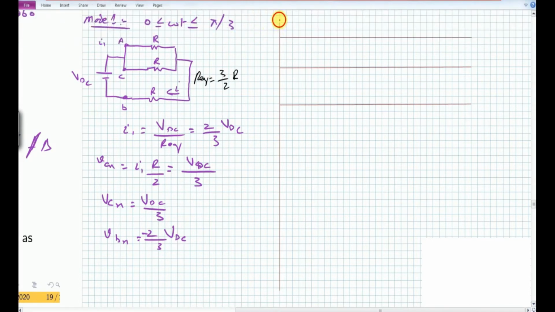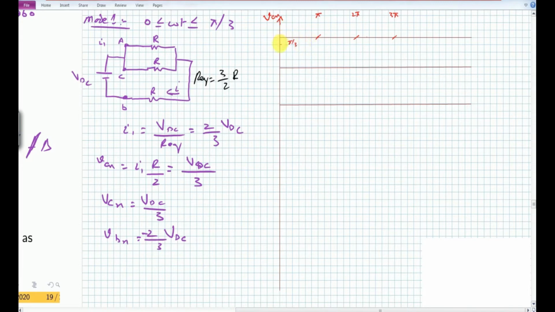This is the VAN, and let us say this is pi, this is 2 pi, this is 3 pi. So VAN during the first time interval, which is pi by 3,